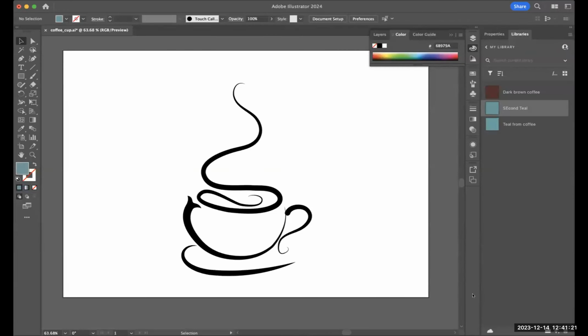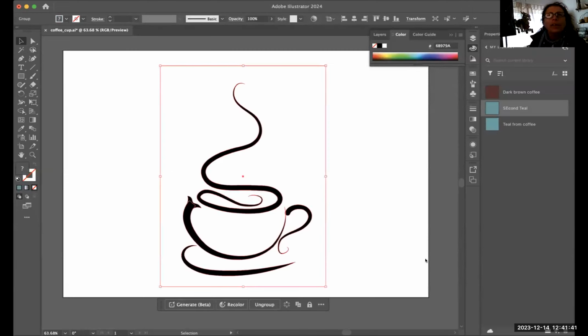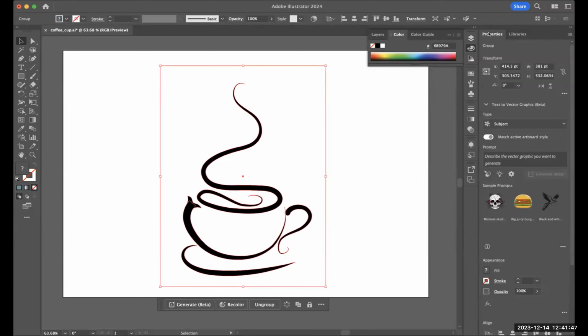Okay, so this one is inside of Illustrator, and I would like to make this black into whatever other color. At this point, I don't particularly care what it will be. You need to select it first. So select your shape. Cool. Now go to your properties panel on the right side, and then